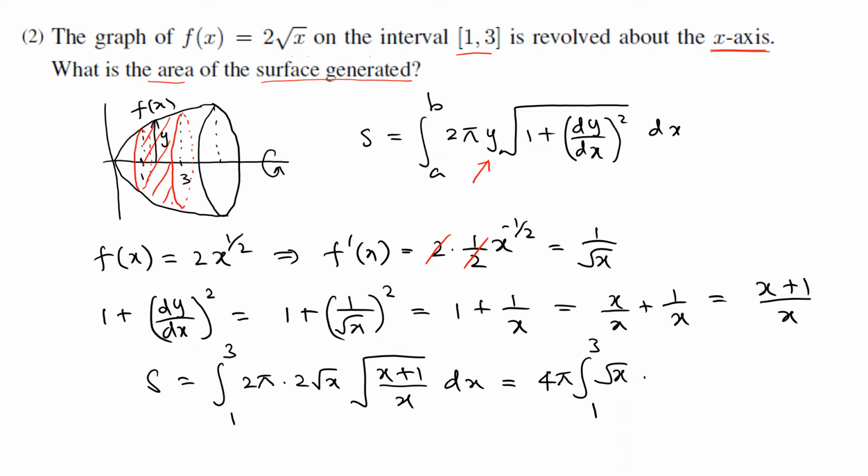And then what's going to happen? The other one you can write as square root of x plus 1, over square root x, dx. So you can see this gets cancelled. Okay, so what you get is this. We have S equals 4 pi, integral from 1 to 3 of square root of x plus 1,